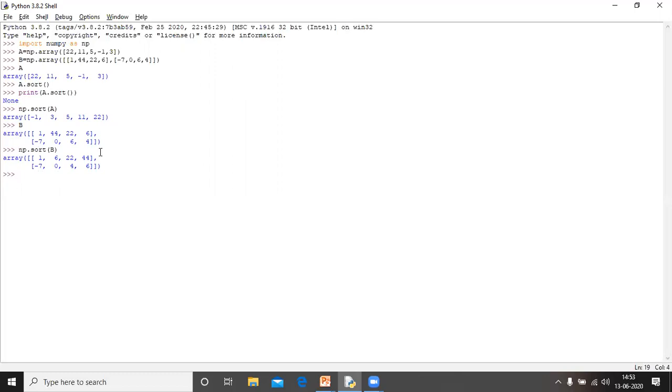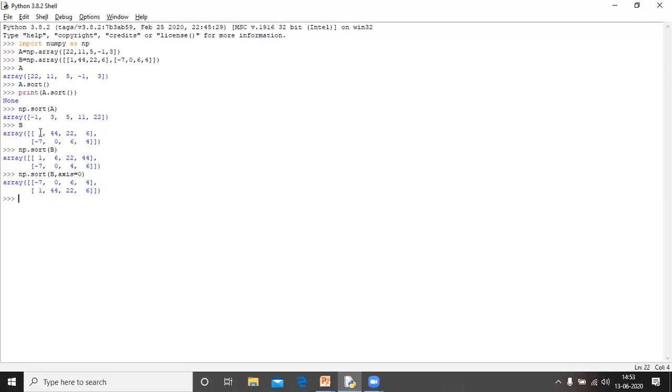If you want to perform the operation column wise, then np dot sort, array B, axis equals either 0 or 1. If we want to perform column wise, then put 0. It means data is sorted column wise.